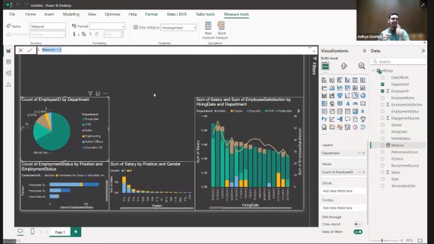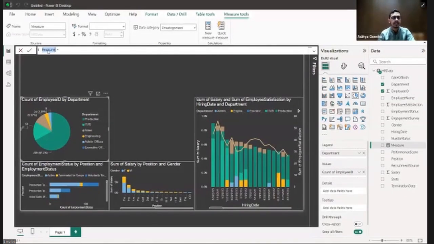Now, let's say I want a new measure of total number of employees. Guys, do you think it will be a valuable thing to have total number of employees as one of the measures which we can use for any of our visualizations? It will be a valuable thing to have, right?